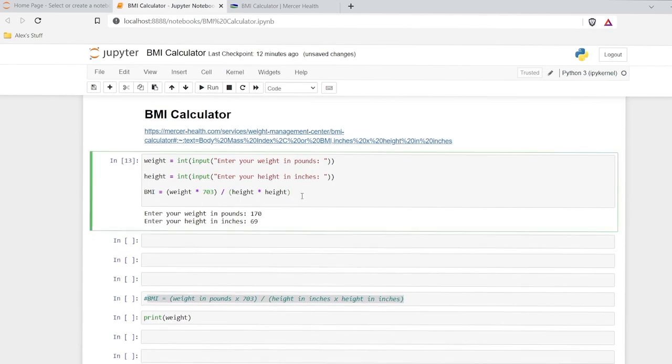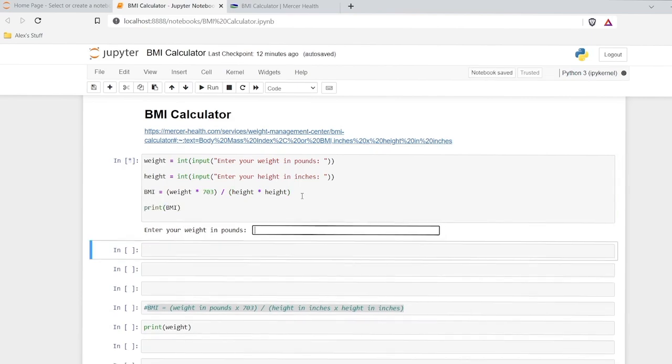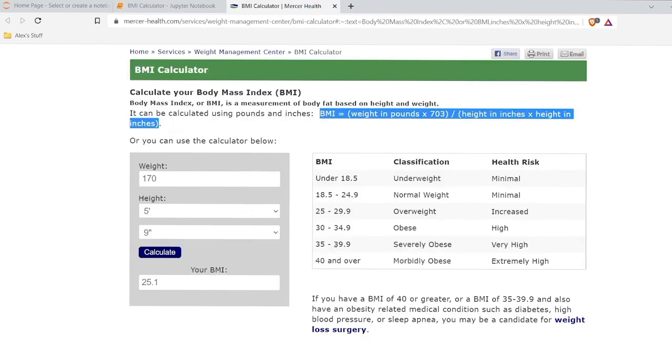Okay, so I just need to do print BMI. So let's try this again. 170, 69, and there is our BMI, 25.1. So it worked the exact same as this one. We input our weight, we inputted our height, and then it calculated